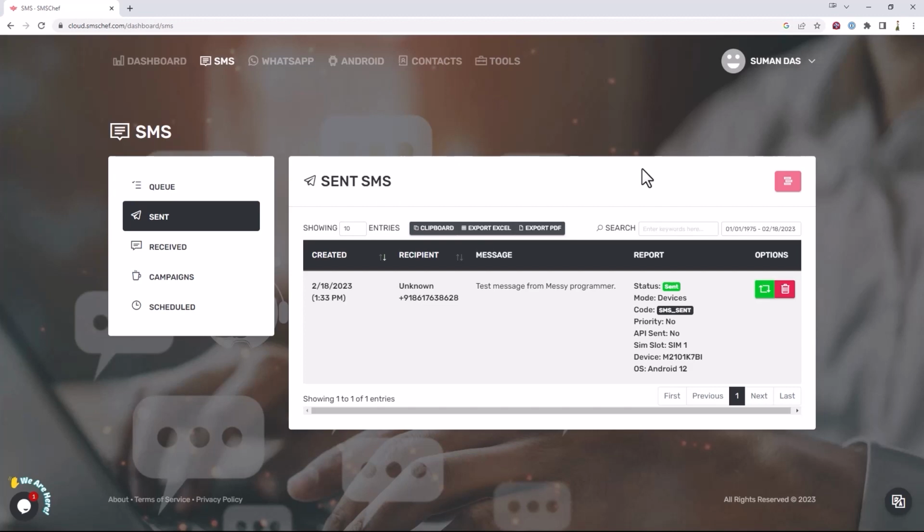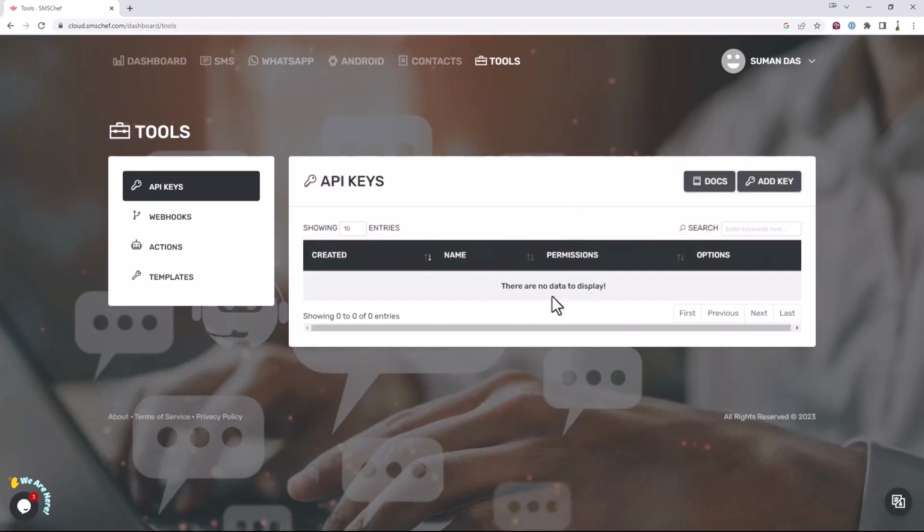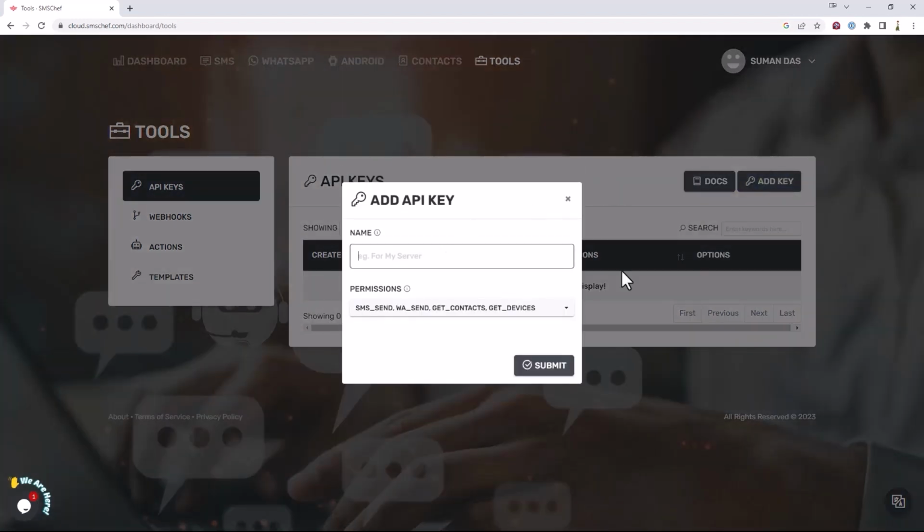Okay, so to use their API, we have to obtain an API key, and also we are going to read the documentation of their API. So to do that, go to tools, and you can see here the API keys. So right now we don't have any API key. So the first thing we will do, we will add a new API key. So let's name this something like,